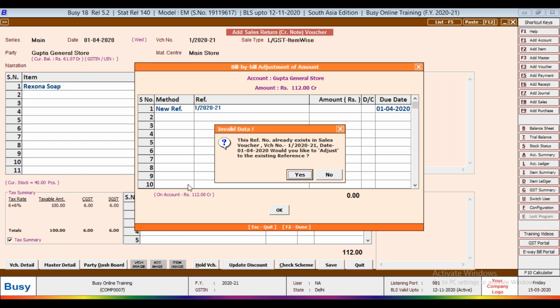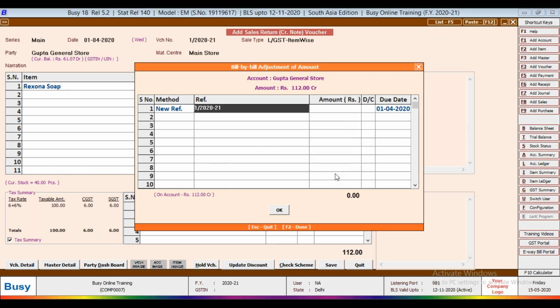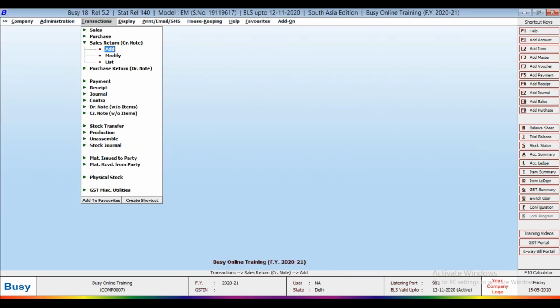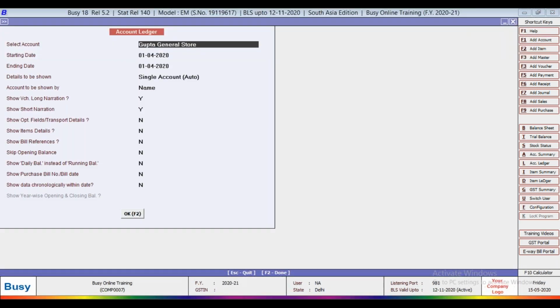So at the time of invoice numbering, you have to change your number. Here I will change only the reference number, like 1. Save.